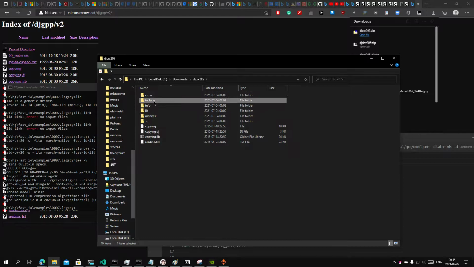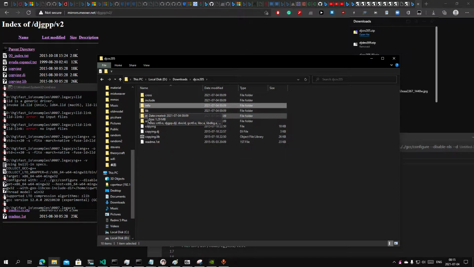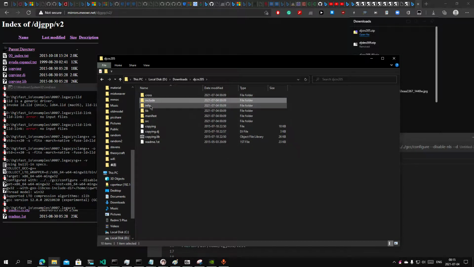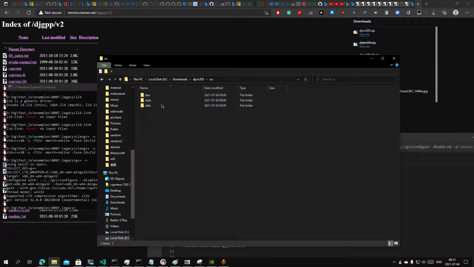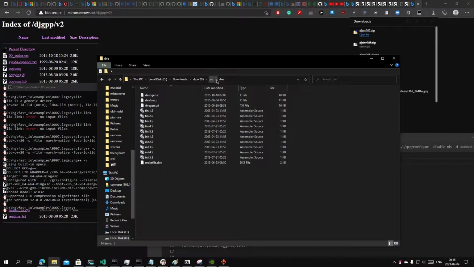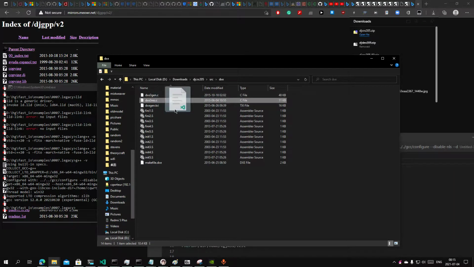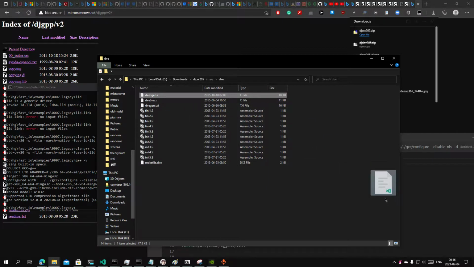What we need to do is copy these two directories. Probably we also need info if we want. Manifest. We can just copy these files here. See, with a stub here. I think what we only need to do is use a stub. DXE is that some kind of CRT, but